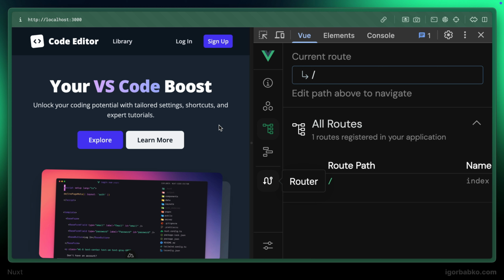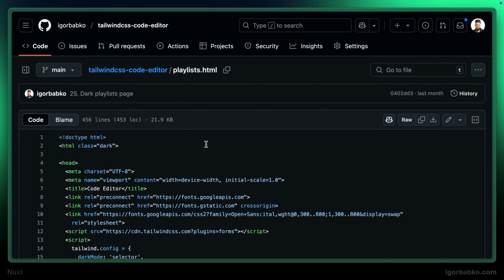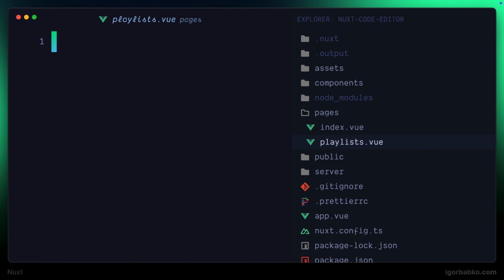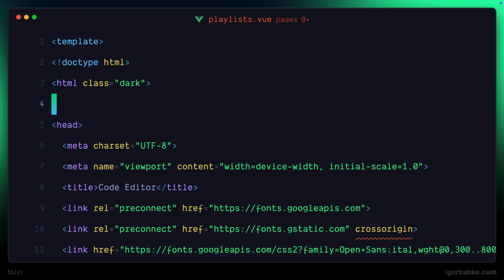I'm going to switch over to the repository with the original markup for this project. And from here, let's open up the playlists.html page and copy the content of this page. I'm basically going to create one more page component with the name playlists.vue within the pages folder. And right here I'm going to paste the content of the playlists page that we have just taken from the